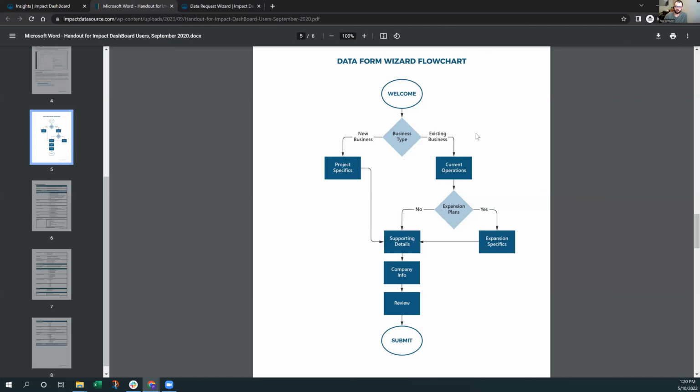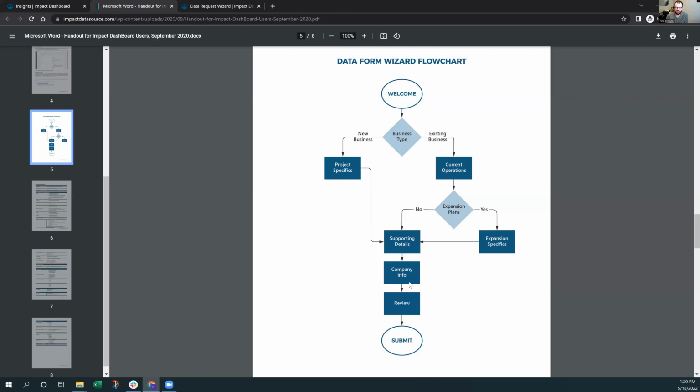And the other thing that we've done as we put this together is to really focus on the project first. We want to understand what's going on with the project, and then later we're going to ask about the company. Again, very often with the static data forms that I see, when clients have those completed, they might send them to us to prepare an impact study,